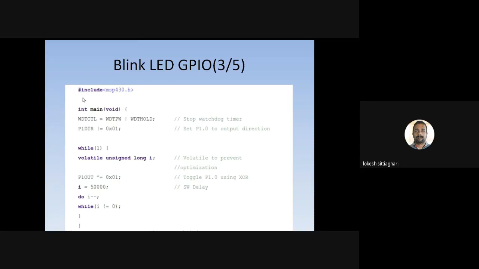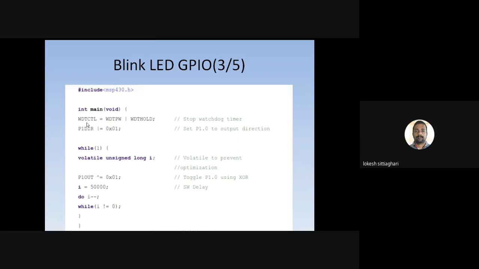Okay, so this is the main program, how the blink program is going to look. You can see a standard C procedure. It utilizes #include <msp430.h>, where the definitions of the functions are. If you click this in Code Composer Studio, you can see every definition there. Next, we have main. It will start with the main function.